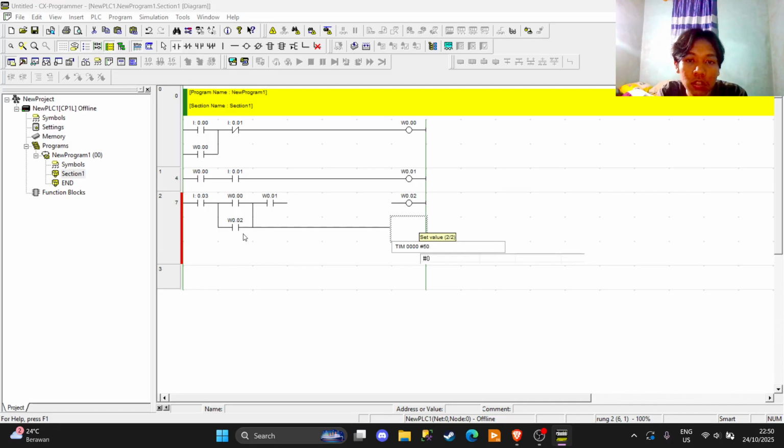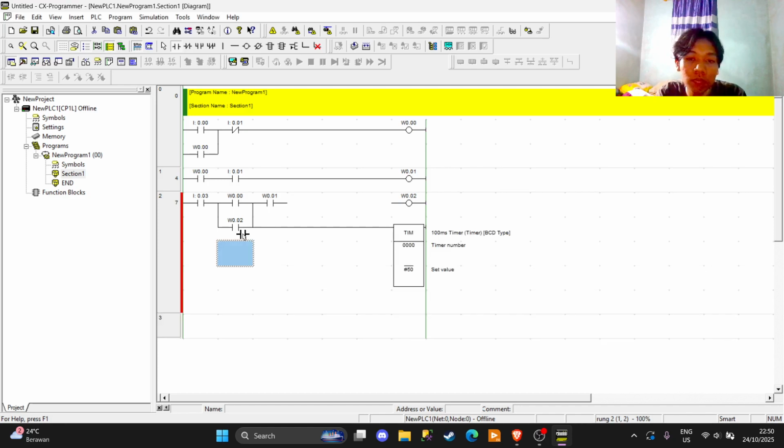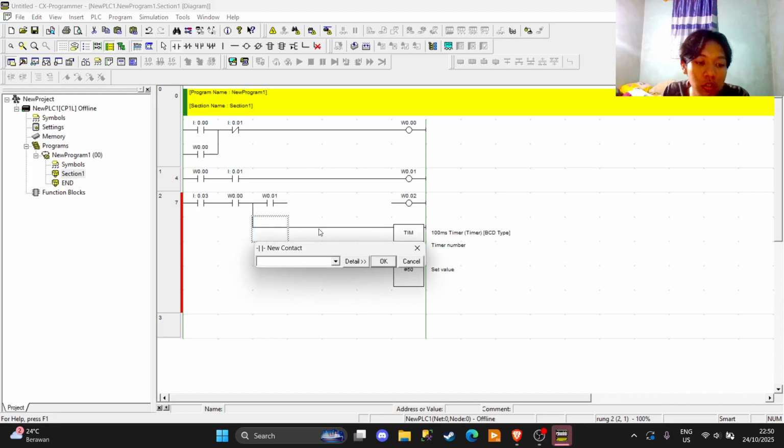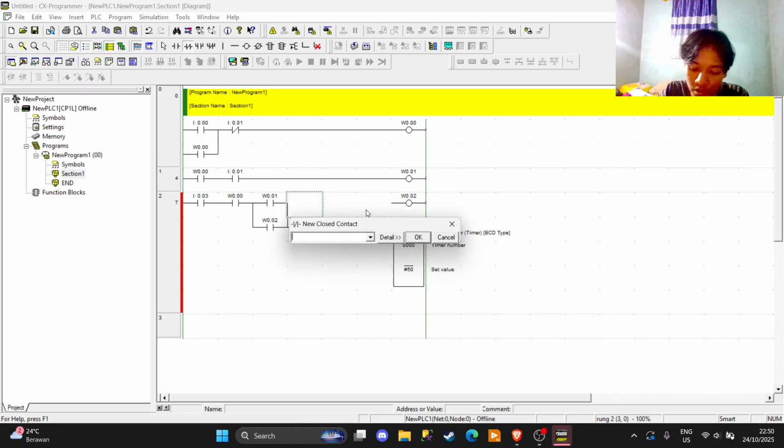The meaning of 50 here is 50 milliseconds times 500. Then we put the NO here. Oh, no. So like this, and then put this here. Then we put T000. The meaning is timer based on 000.